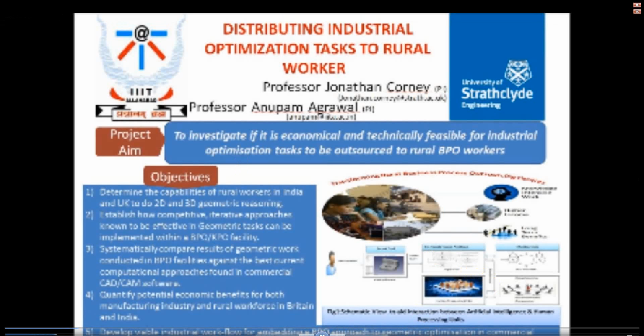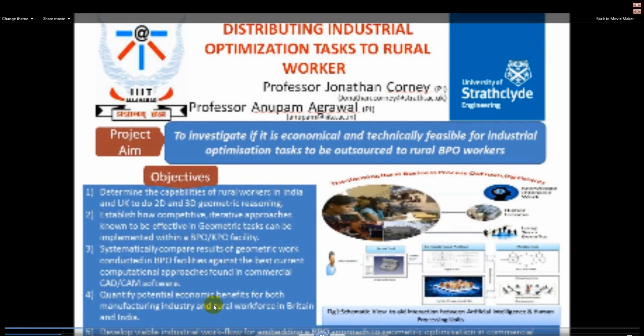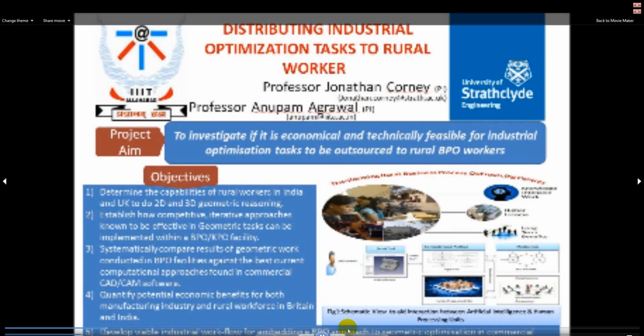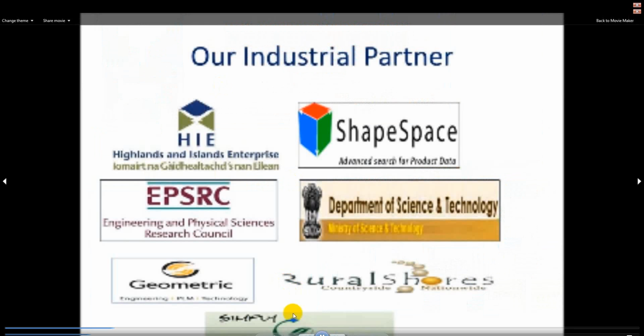to rural BPO workers. The objective of the project is to determine the capability of a rural worker in India and the UK to do 2D and 3D geometrical reasoning, and to establish the competitive approach so that effective and economical tasks can be implemented within BPO and KPO facilities. This is the objective, and to quantify the potential economic benefit for both the manufacturing industry and rural workers in India